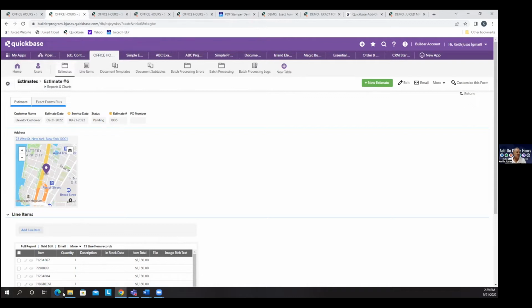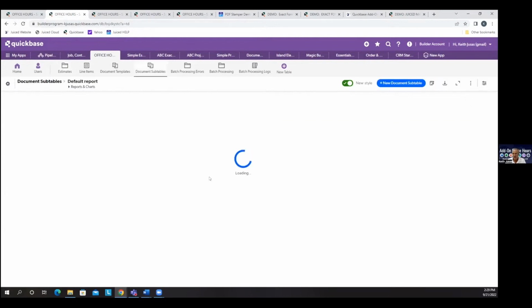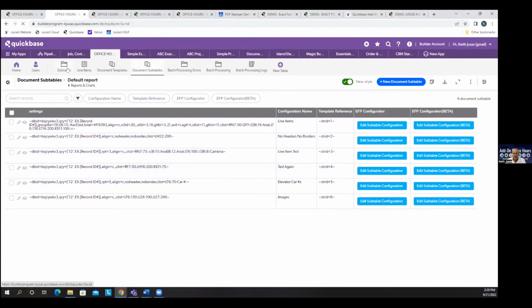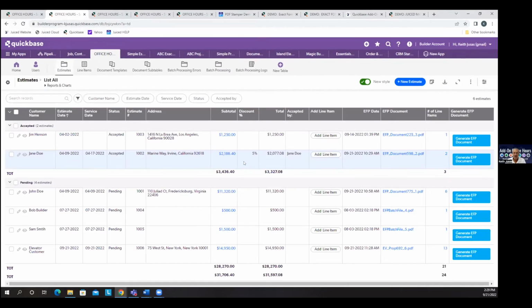A couple of the other things I wanted to talk about with subtables is varying subtables in a single document. What does that mean? I have a bunch of subtables configured here, but I don't want a different template just because I want to use a different subtable. So I have a record here,